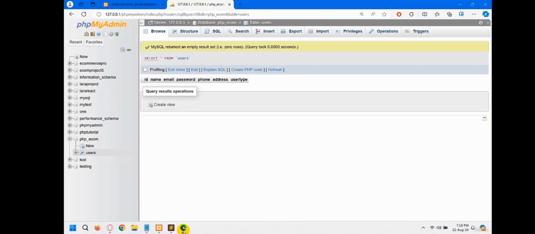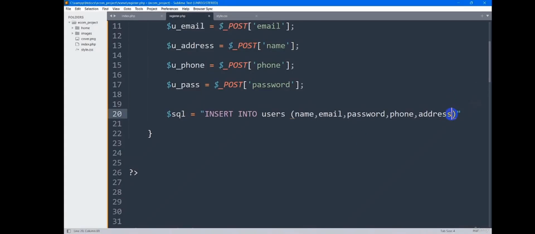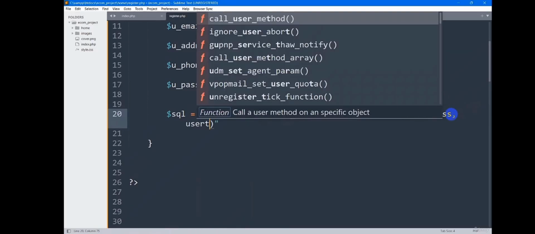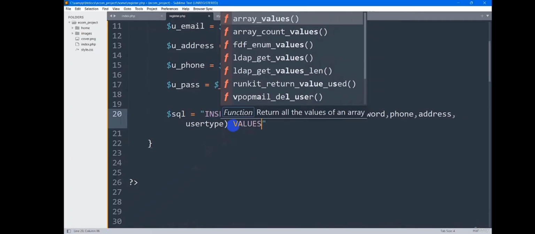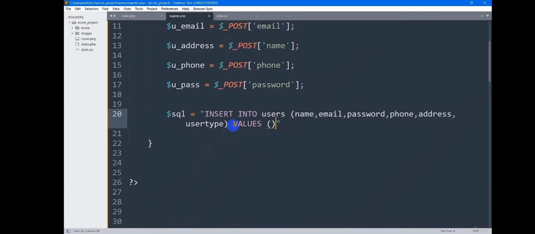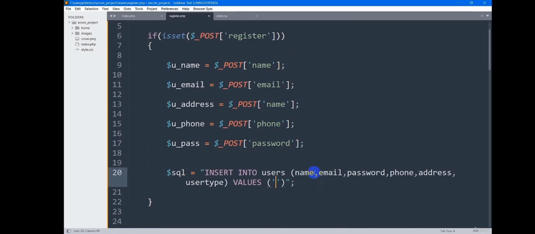And we have one more input field, which is user type. So I am going to say here, comma, user type. After that, I am going to say values, then the first bracket, ending with a semicolon. So inside this first bracket, we are going to give two single quotation marks, and here you can see our